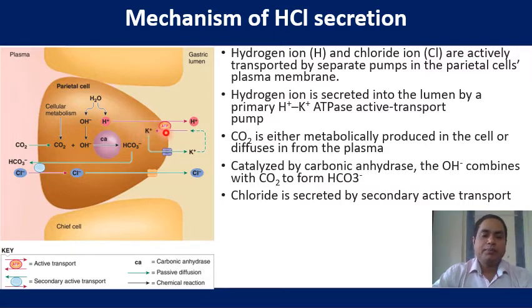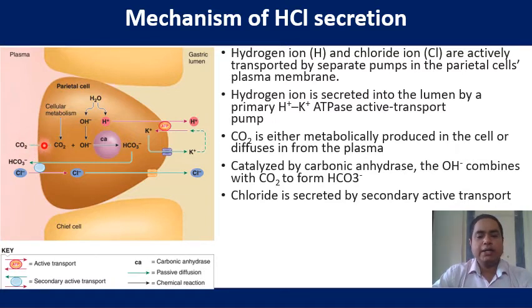This potassium ion is then transported to the gastric lumen through passive diffusion. The hydroxyl ion that is produced by the dissociation of a water molecule then combines with the carbon dioxide molecule to form the bicarbonate. Actually, the carbon dioxide, which is either metabolically produced in the cell or can also be